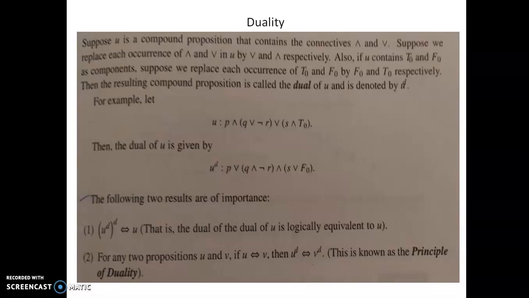So it is only applied to and or, and wherever there is and, that has to be replaced with or, and wherever there is a tautology, that is t naught, it should be replaced with a contradiction, that is f naught. So in this example,